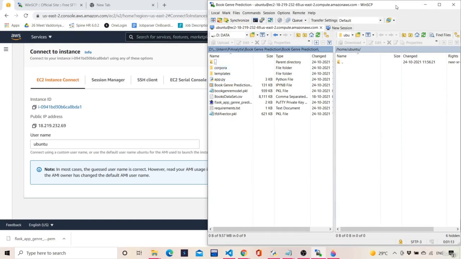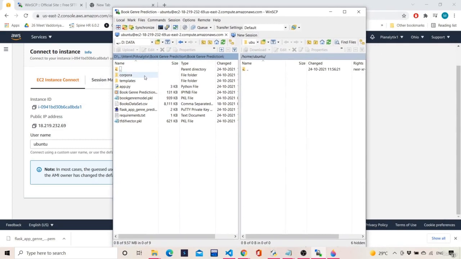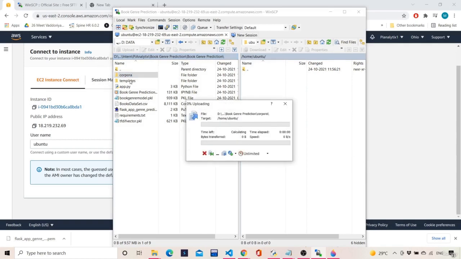So what I will be doing is simply dragging and copying them over here. This will take some time, but it will be done quickly. One by one we will be keeping the files from here to this place.